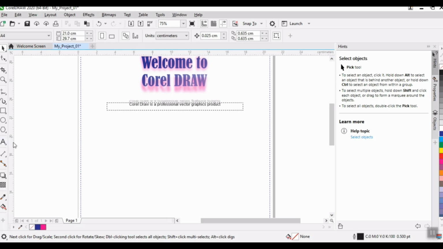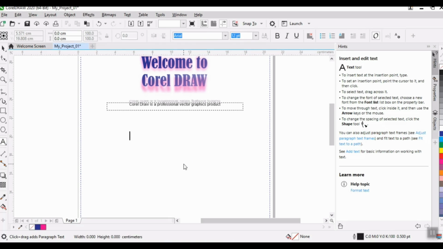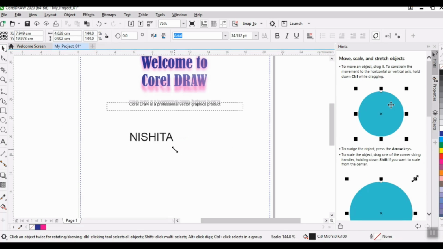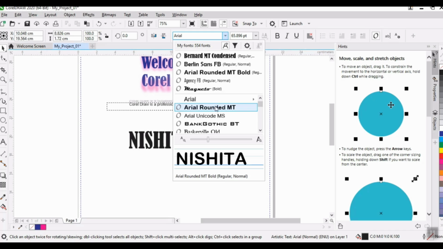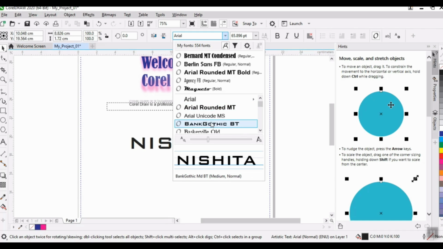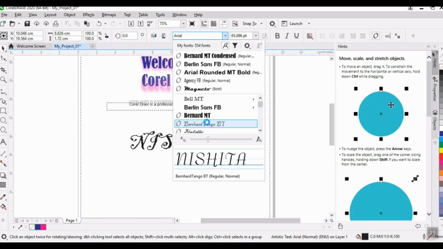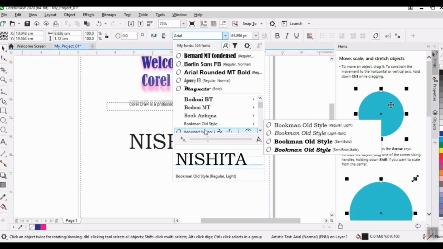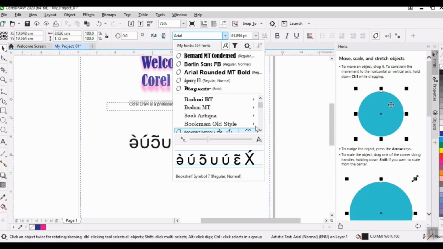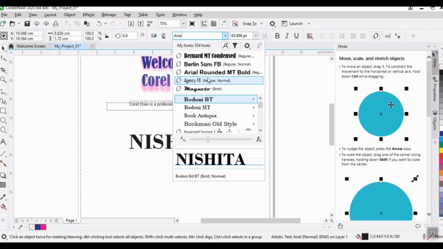Now, how to add an image in text? Insert your text, increase the font size, change the pattern if you wish.